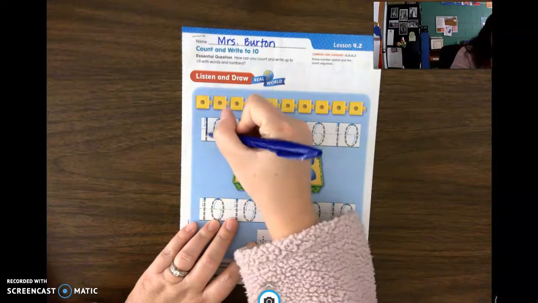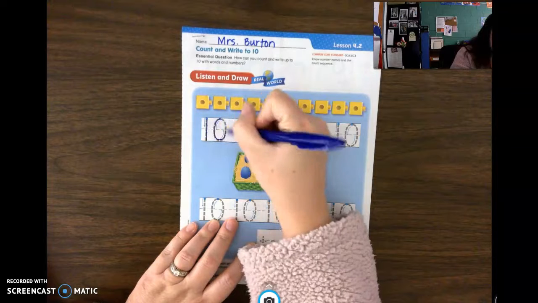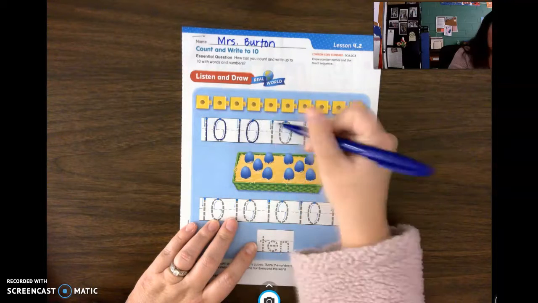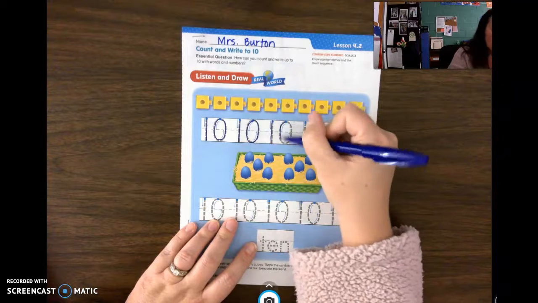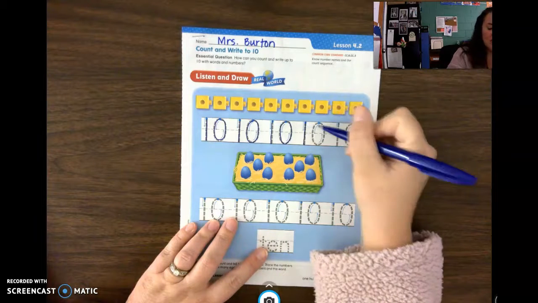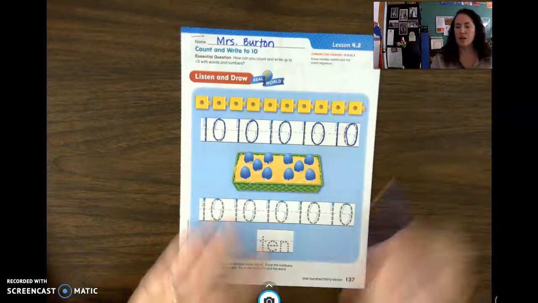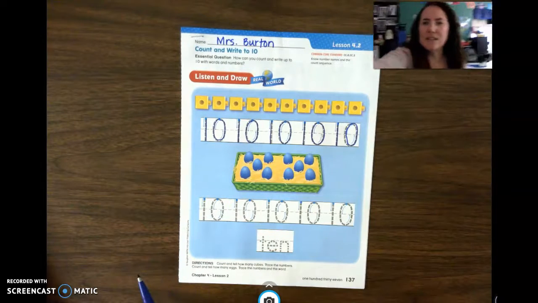We're going to trace this row of 10. 10 is a 1 and a 0. It means there's one group of 10 in the number and 0 ones left over. It is our first 2-digit number. That means it has 2 numbers in it, 1 and 0. When you get those traced,